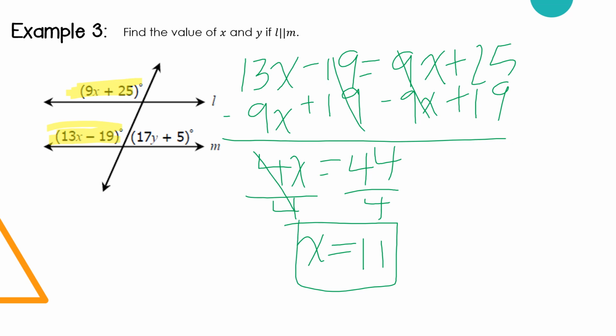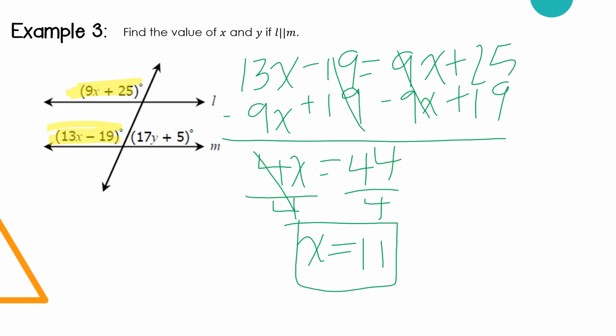Now we need to find y. So if I compare the 17y plus 5 to the 9x plus 25, they have no special angle relationship. They're not one of the types of angles that we've discussed. But the 13x minus 19 and the 17y plus 5 are a linear pair. That means if I add them up, they should equal 180. The only problem with doing it with the way it is now is that I would have both x and y. But I found the measure of x, so I'm going to substitute x,